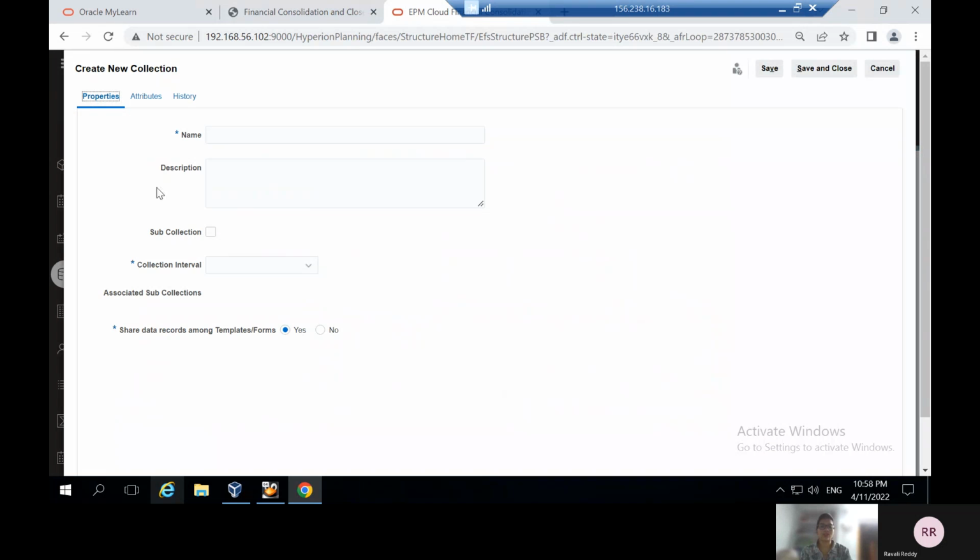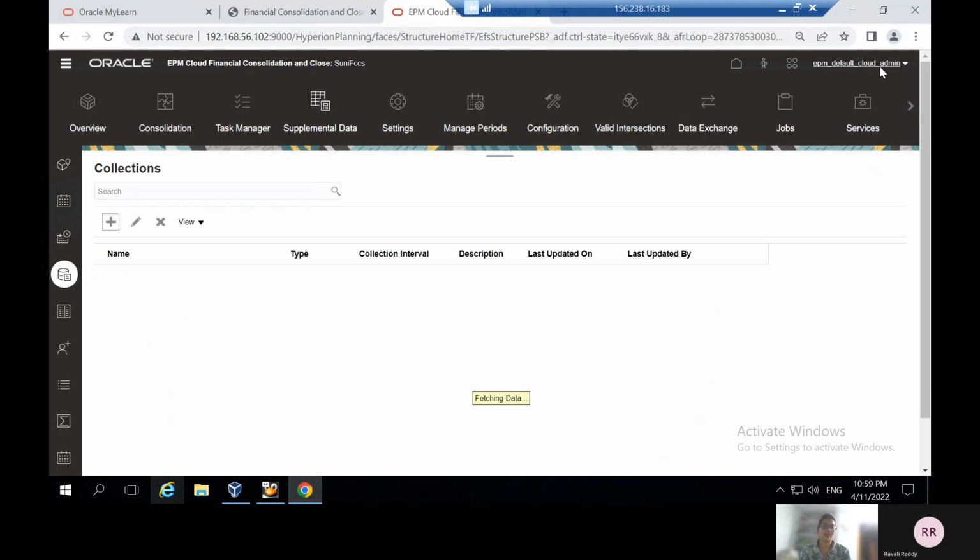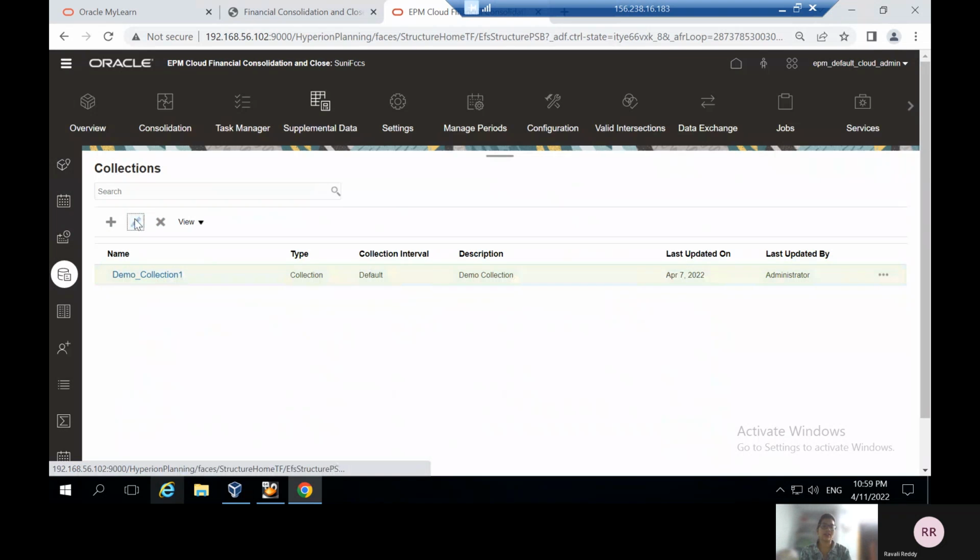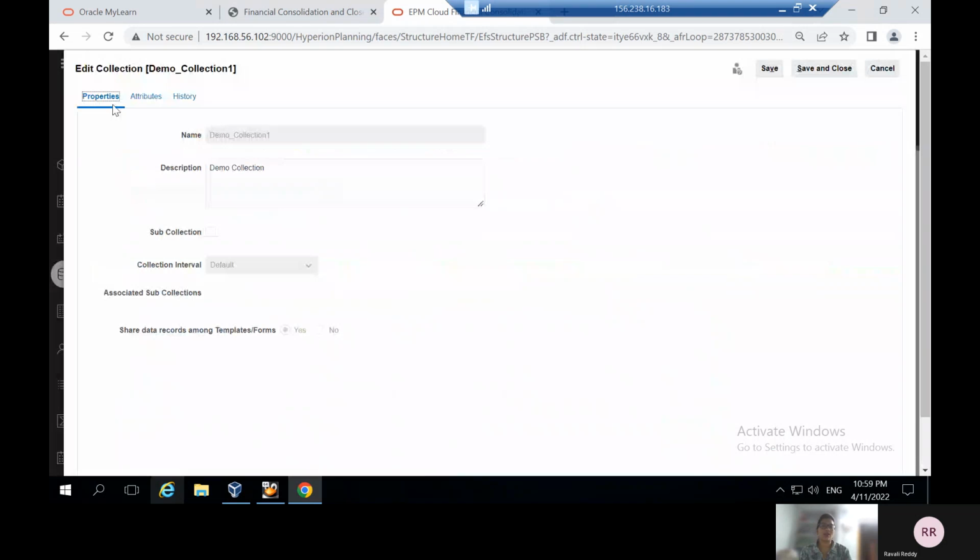You can click on this plus icon. You can give these details. I'm not going to create anything else as I have already created it. I can show you by editing this. You can see in the properties tab, I have given the name as demo_collection_1, description as demo collection,